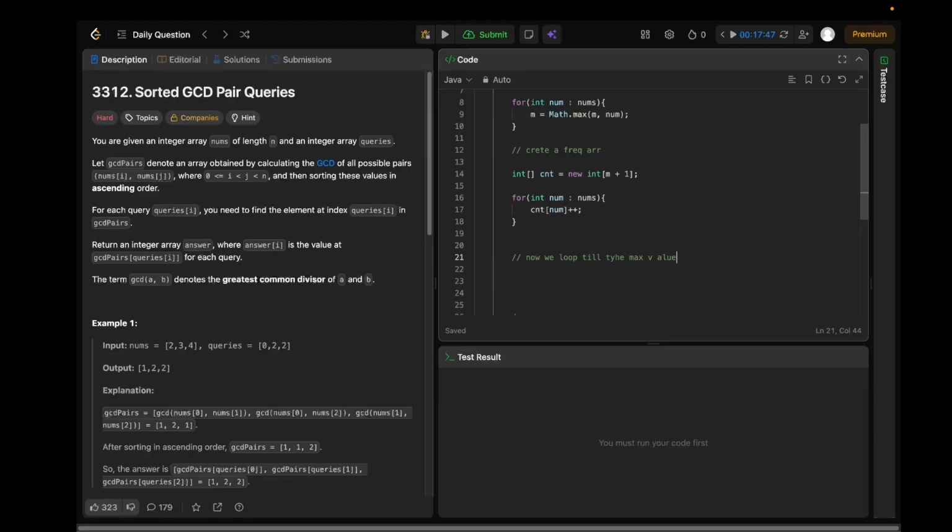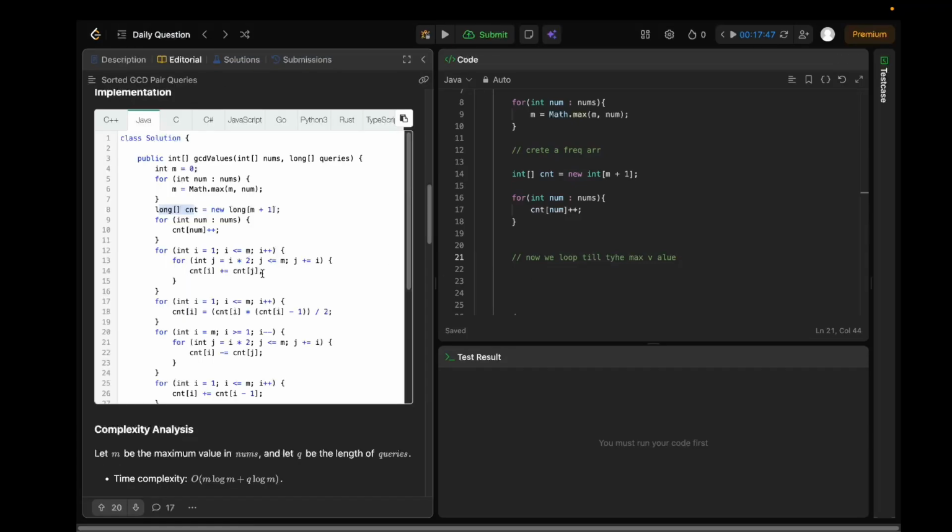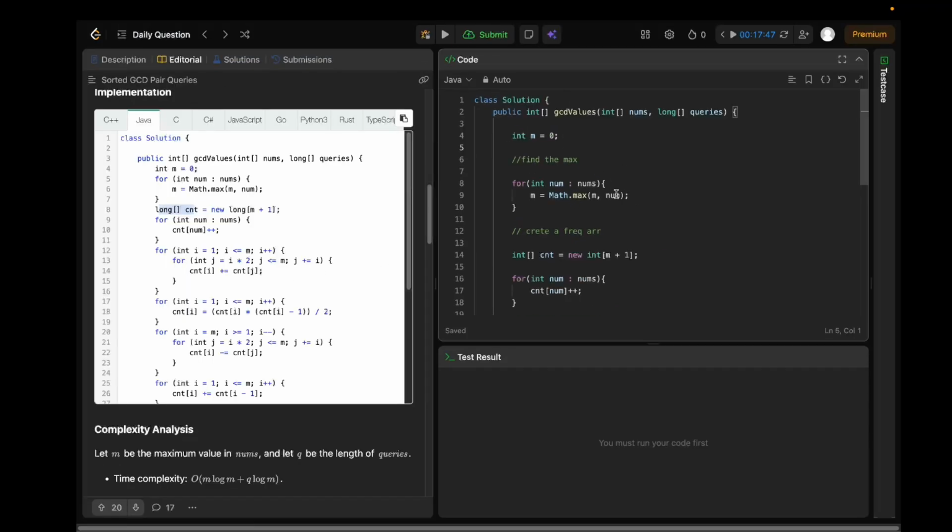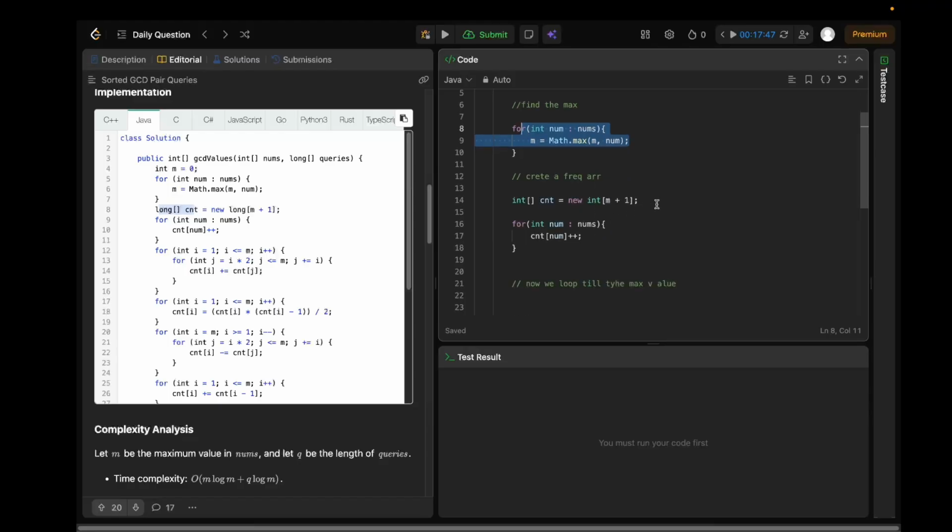Now what do we have to do? We have to find the greatest GCD, and how many pairs could have that GCD. Let's see, is this correct so far? We find the maximum m, and we create a new frequency array. It should have been long, because new long[m + 1], and then for each integer num in nums